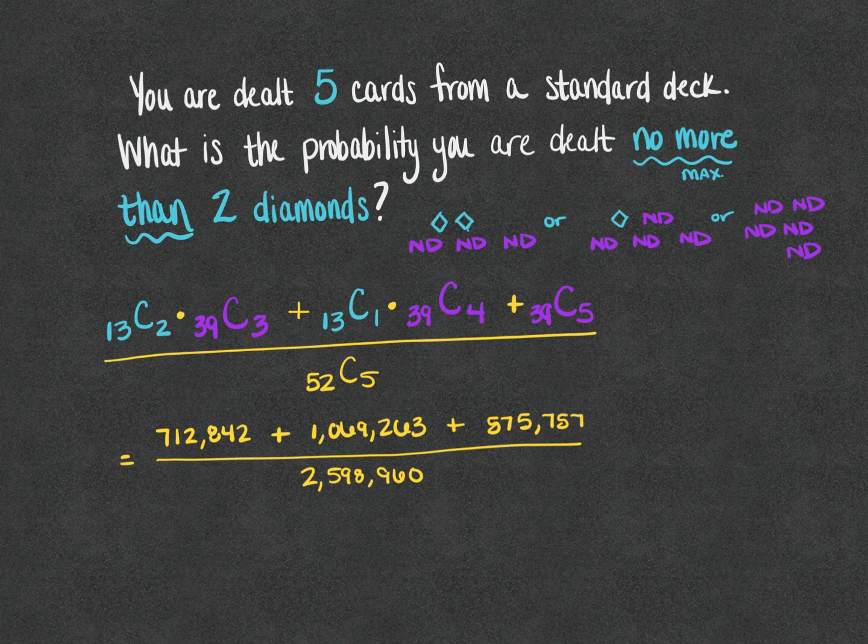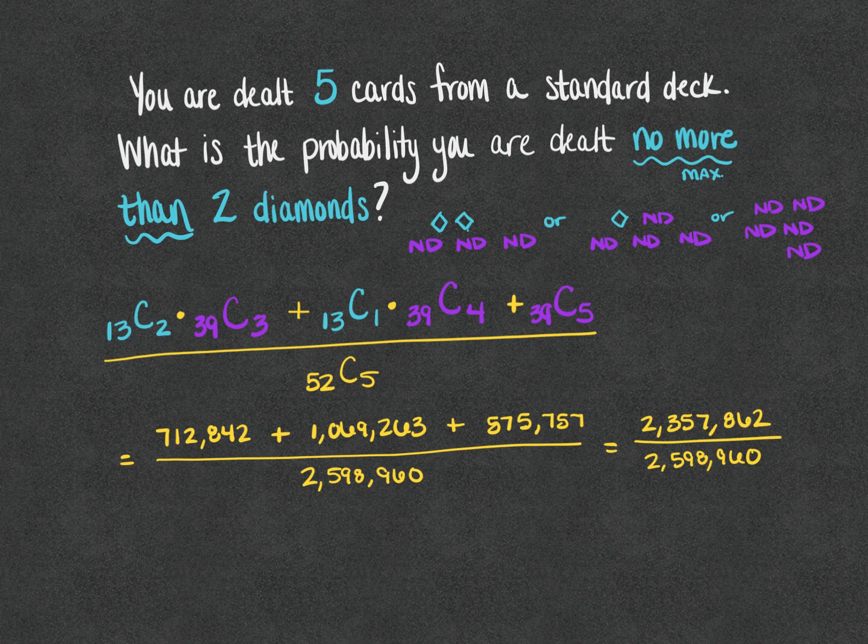we come up with a total, oop, that did not work. I hit the multiplication button instead of addition. That didn't work out very well. Oh, that's better. Okay. We end up with 2,357,862 ways that we could be dealt no more than 2 diamonds out of the 2,598,960 different 5-card hands. So I would say your chances are pretty good that you're dealt no more than 2